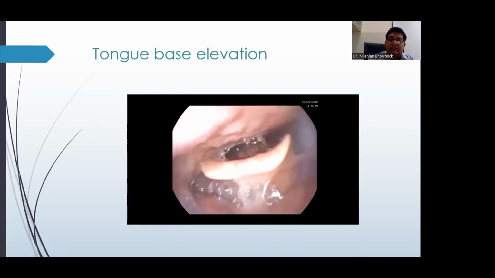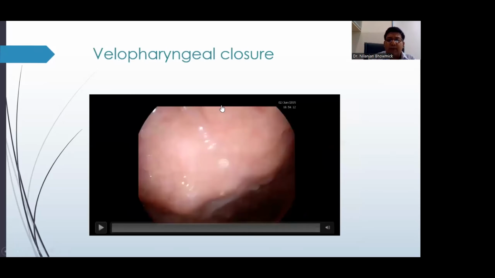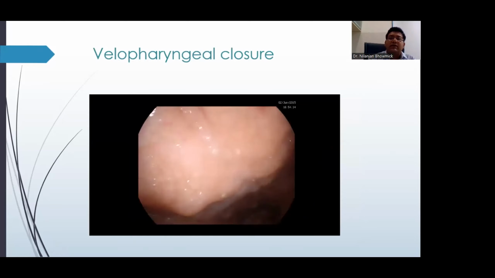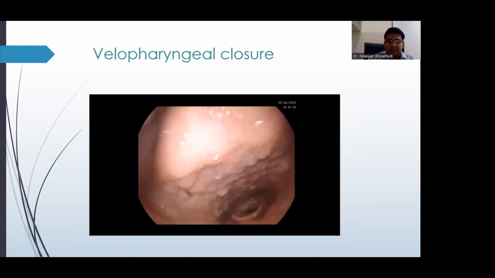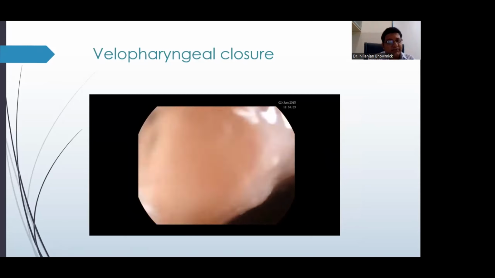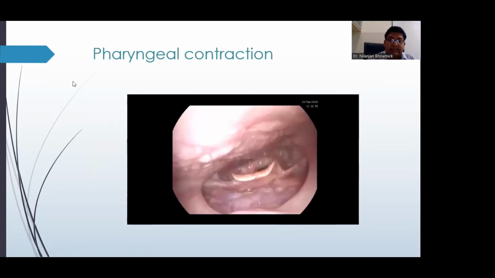the epiglottis. Almost at the same time, the soft palate rises up, closes off the nasopharynx. Now, this serves two functions. One, of course, is to prevent food leakage from the oropharynx into the nasopharynx. The second function is to create a seal effective enough to facilitate something called a pharyngeal squeeze.